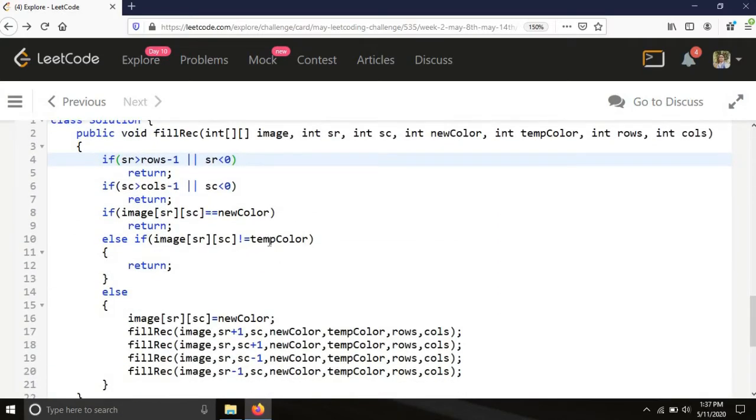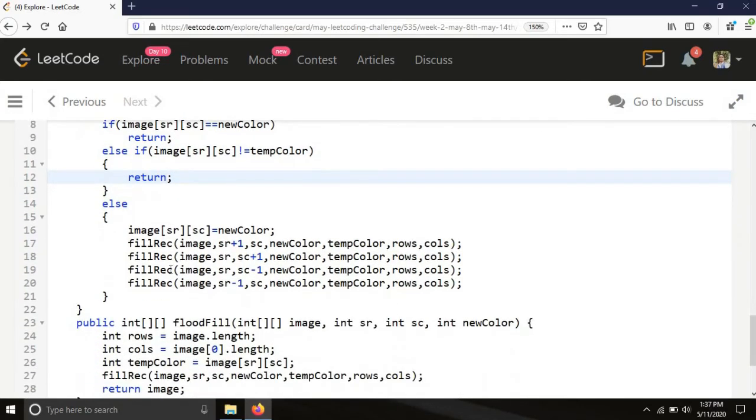If the color is same, then it's okay, but if the color is not same, in that case we are returning the recursive call. And now we used one else, it means the color is same, means it is a neighbor.